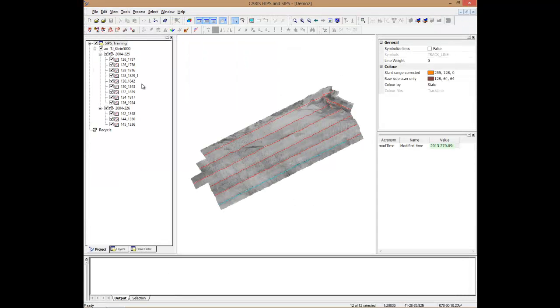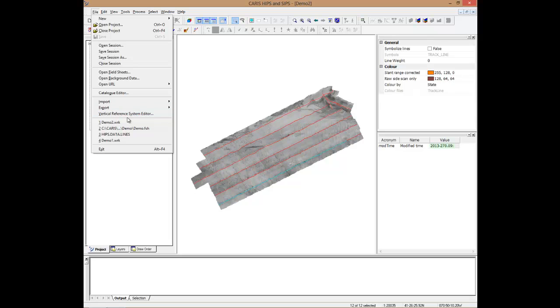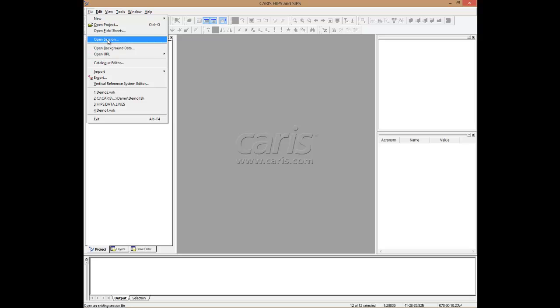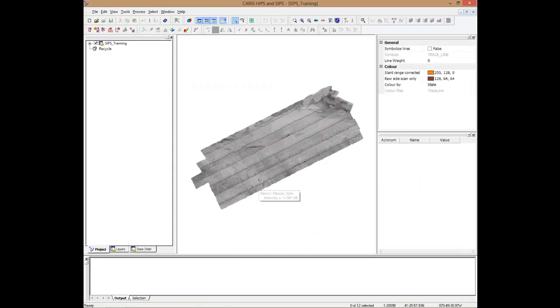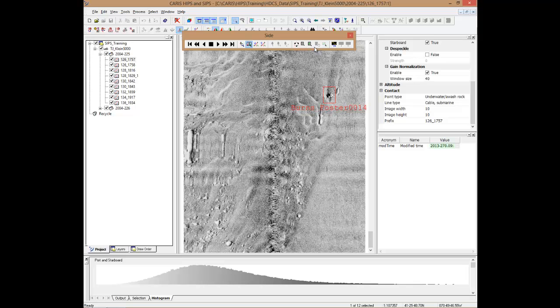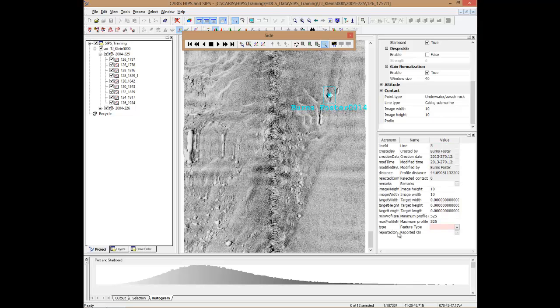So I'll exit out, and I'm just going to quickly close this project down and reopen it. And I'm going to select this bottom line. This is where I created that rock contact. And I'll go back into my Sidescan editor. And as we can see, if I go up here to my selection and select it, we now have the type highlighted by red. So it's a mandatory, which I can define as rock. And I can also put in a Julian day